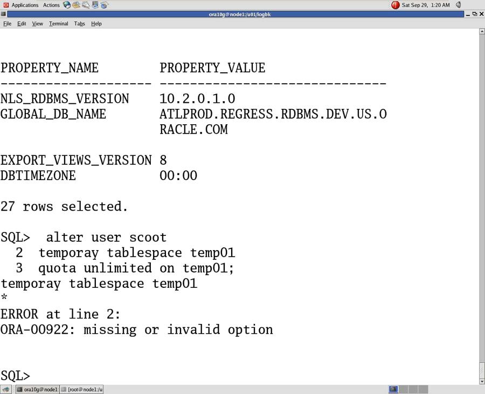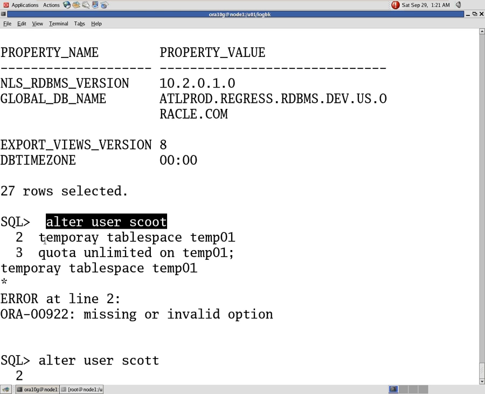So, invalid option that you are having here. Temporary table space, Scott user. You have the Scott user. Scott user temporary table space, default temporary table space I think.